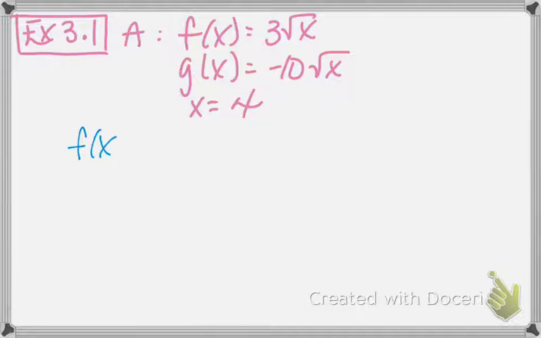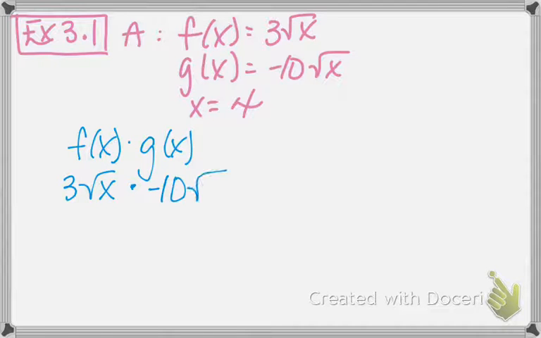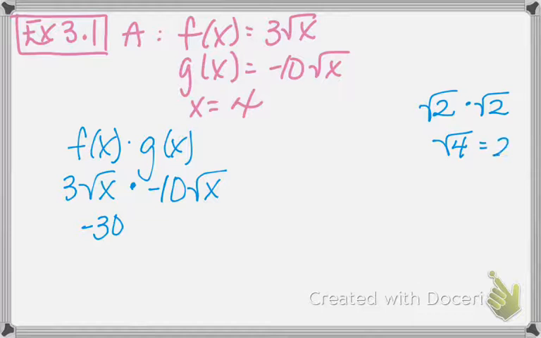f of x times g of x, which is going to be 3 times the square root of x times negative 10 times the square root of x. All right, so I'm going to just multiply the things that are similar. 3 times negative 10 gives me negative 30, and then the square root of x times the square root of x, well, this is the same thing as when we had the square root of 2 times the square root of 2. The square root of 2 times the square root of 2 is the square root of 4,